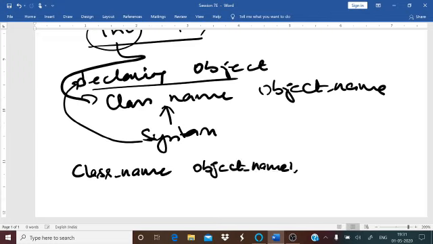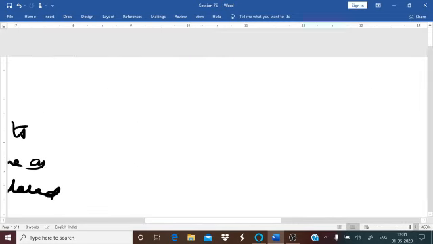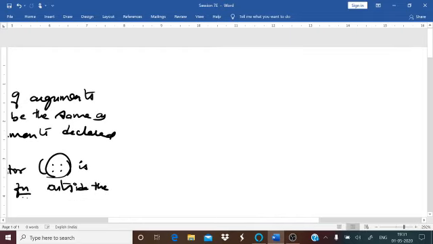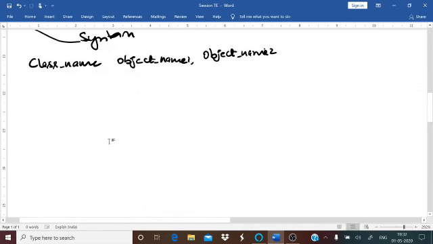These objects can be either one or two or many, depending on how many you are using. Okay, so this is about your declaration of an object.